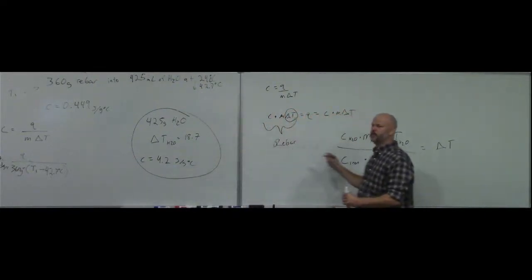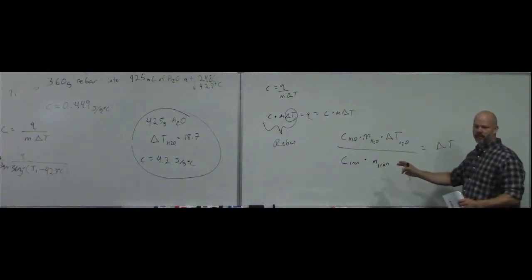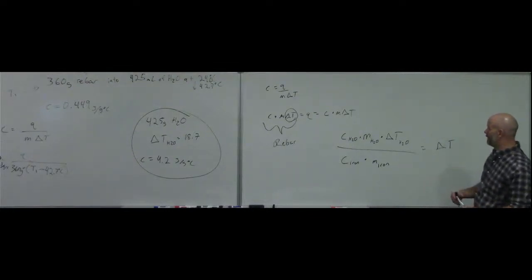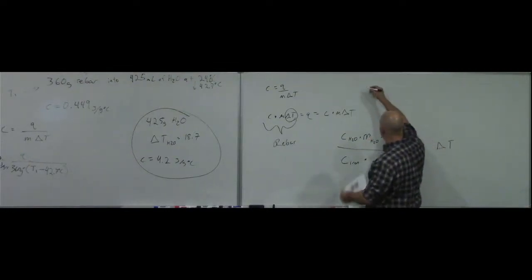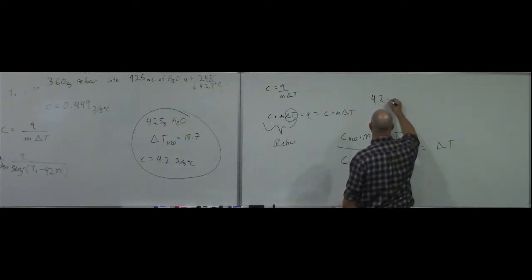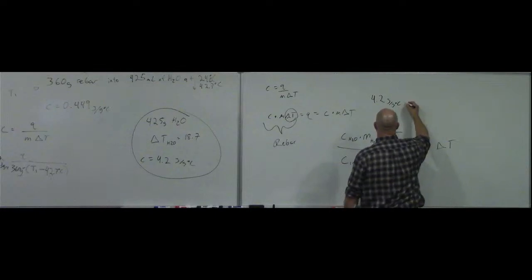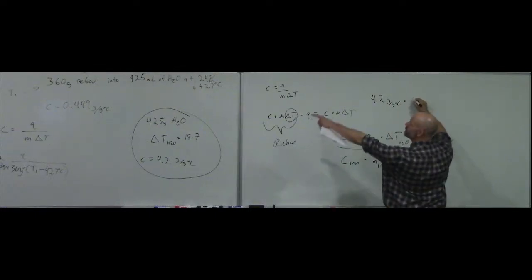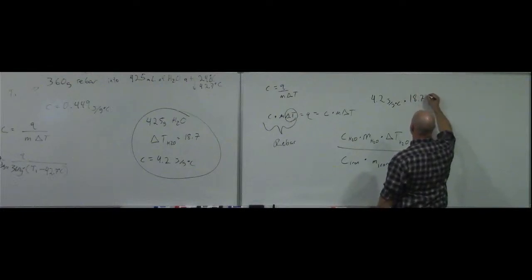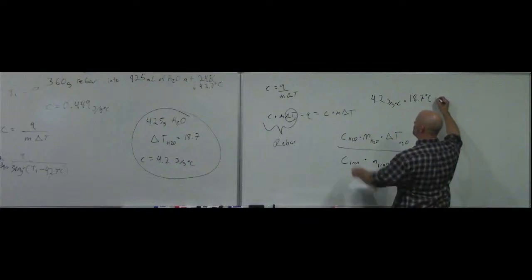Does this, algebraically, make sense? You got all the right variables in all the right places? And all I have to do is fill in numbers, right? So the specific heat of water is 4.2 joules per gram degree centigrade, times, what did you say I had? 18.7 degrees Celsius, right? Times,